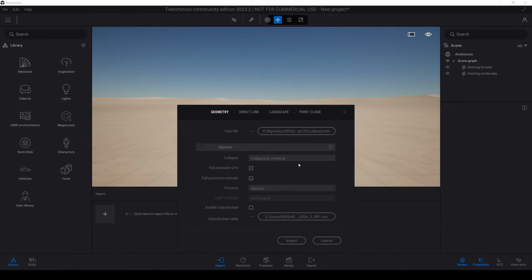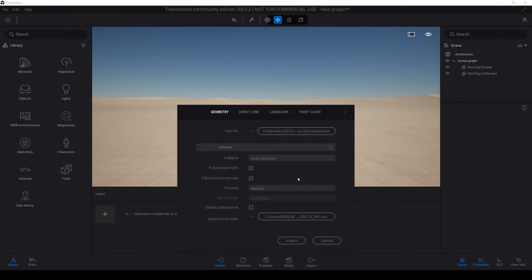Okay, after selecting our project file, we will see this window. In the file we don't have any lights, so we are going to select this mesh, and after that this step is very important. If you are going to use Lumen, you are going to select this keep hierarchy, otherwise your Lumen engine will not work properly. If you want to use path tracing in your render and you are not going to change any place of your model, you are going to select this collapse by material. With that, changing materials will be easier.